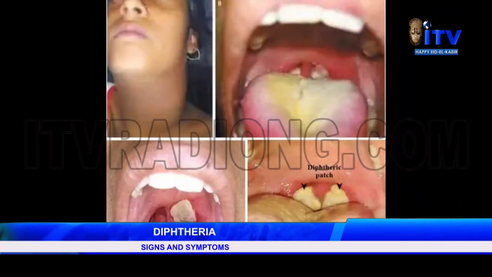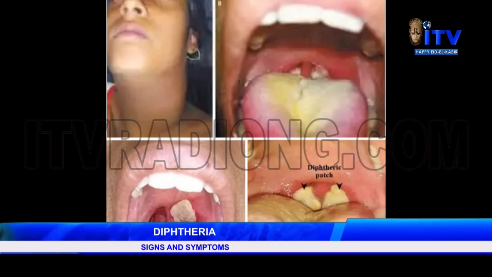And so how does the person present? The person presents with a sore throat, and then this progresses to being unable to swallow. Children start to drool saliva. There's fever, and then there's swelling of the neck glands, which we would describe as a bull neck. So the neck becomes very big. And then when complications arise, it leads to obstruction of the airway. In fact, the disease used to be called the strangling angel of children because it used to cause a lot